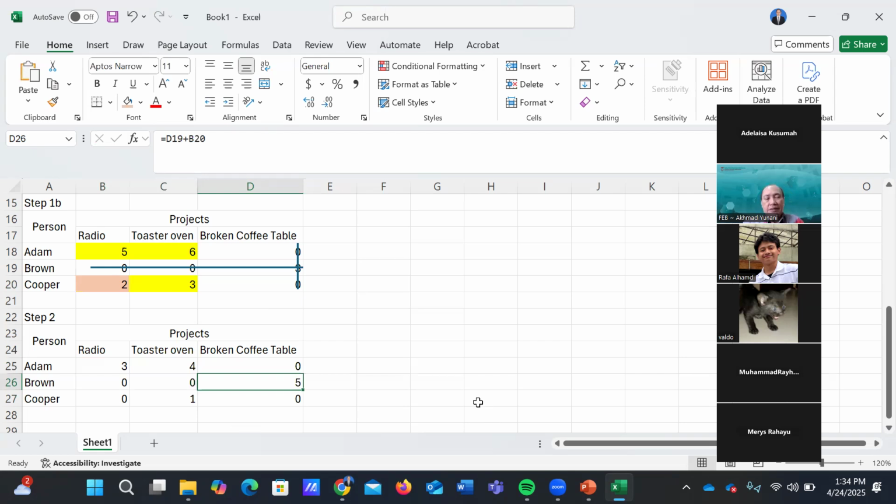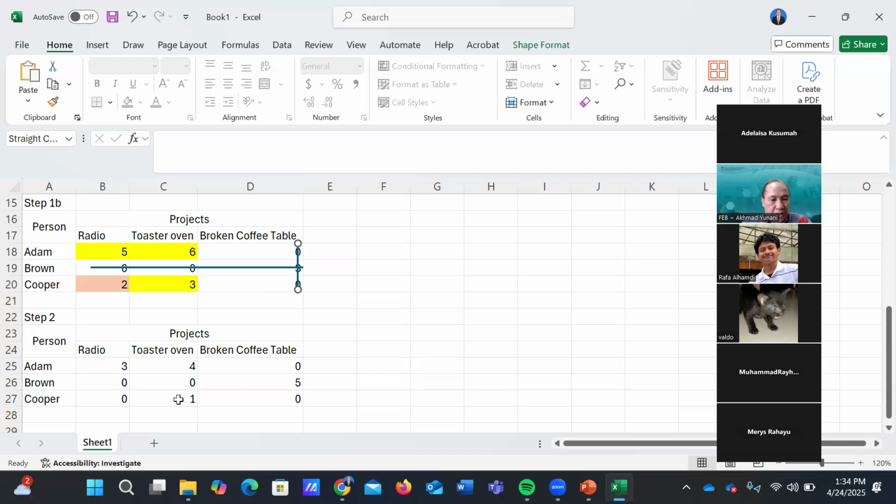Thank you. Go again to the last step. Draw the line to cover the cells that contain the zero number. Let's say we draw the vertical line to cover the zero numbers here: 1, 2, and 3.